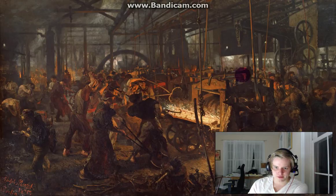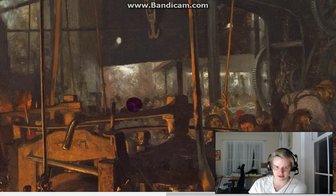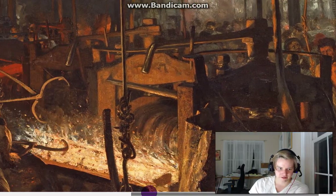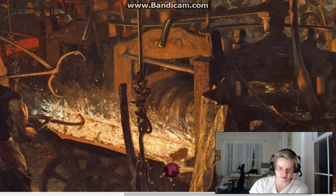Really well done, especially considering you see that from the zoomed out position, you know right away, okay, those are some people back there, and then you zoom in, you're like, hey, that's an interesting way to depict a person. And of course, having zoomed in, we can really appreciate the fine level of detail put into, especially this